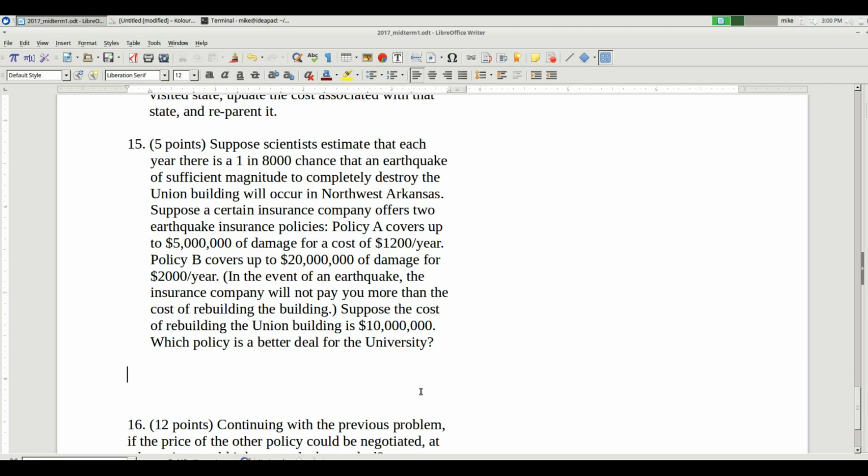That's what I put. Suppose scientists estimate that each year there's a 1 in 8,000 chance that an earthquake of sufficient magnitude to completely destroy Northwest Arkansas, the Union Building in Northwest Arkansas. Okay, policy A covers up to 5,000 of damage with this cost. Policy B covers this much with that cost. Now, in the event of an earthquake, the insurance company will not pay more than the cost of rebuilding the building. In other words, even though policy B says it covers 20 million, it really only covers 10 million. Is that how you read it? That was a bunch of